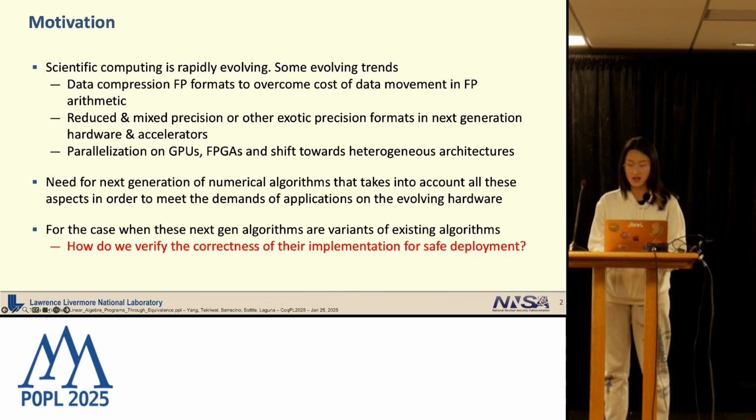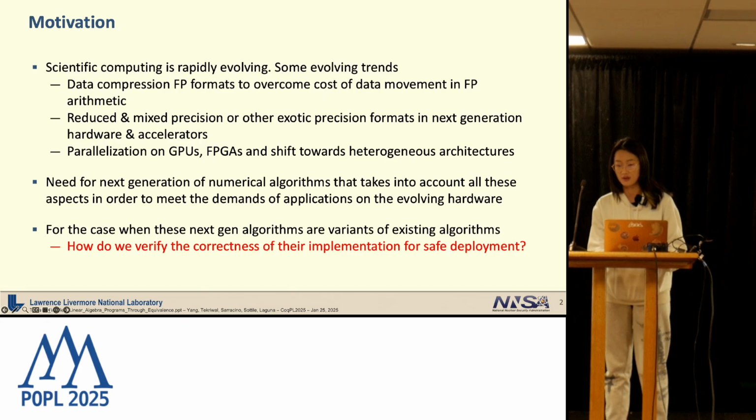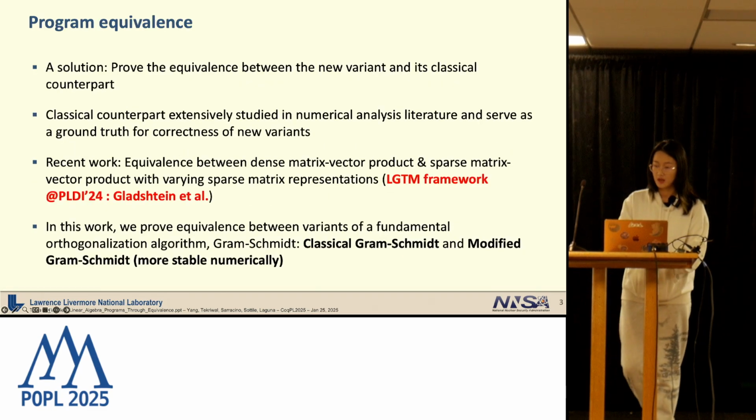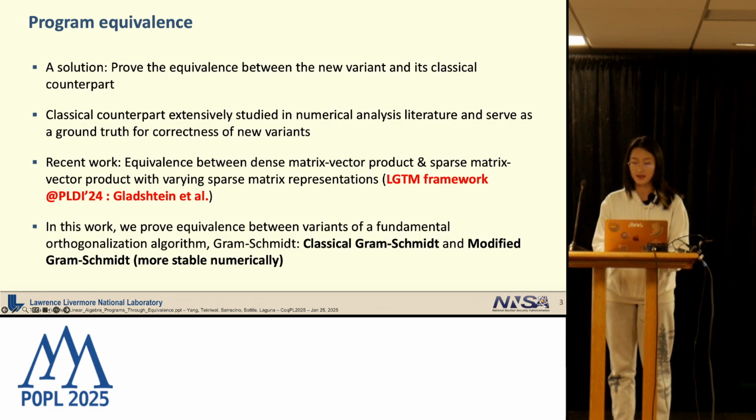But here comes a challenge. For the case where the new algorithms are a variant of the existing algorithms, how do we make sure that those new variants are correct and safe to deploy? And that's the key question that we need to address as we move forward. So the solution to this question is to prove the equivalence between the new variants and its classical counterpart. There are a lot of classical algorithms that can serve as a ground truth of the correctness of the